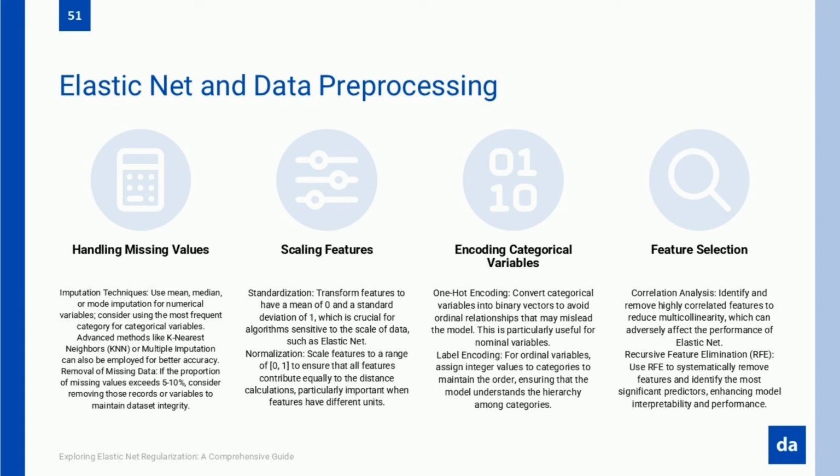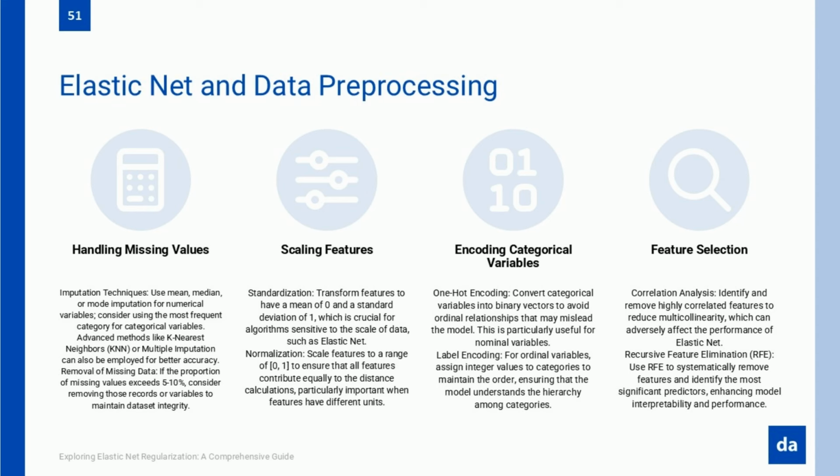Another key preprocessing step is feature scaling. Elastic Net relies on regularization, meaning that the scale of the input variables directly affects the model. If one feature has much larger values than another, e.g., income in dollars versus credit score on a 300 to 850 scale, the model will prioritize the larger numbers unless the data is standardized. Scaling techniques like z-score normalization, subtracting the mean and dividing by the standard deviation, or min-max scaling ensure that all